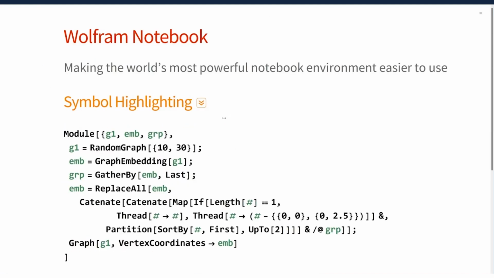The first one, and this for me has been the number one, even though it's very small, the number one feature for writing code is when you've got large blocks of code and you say, okay, we've got G1 as a random graph. Where do I use that? Well, now whenever you click on a symbol in a block of code within a cell in the notebook, all the other occurrences immediately light up. So what's GRP and where is it used? Well, it's assigned here and it gets used over here. And we can see immediately just by clicking on these things, the automatic light up of the uses of the